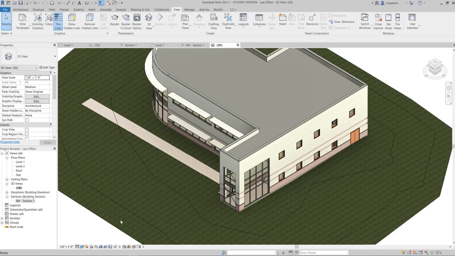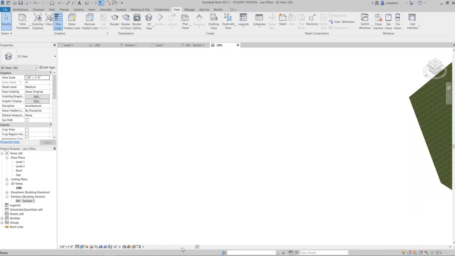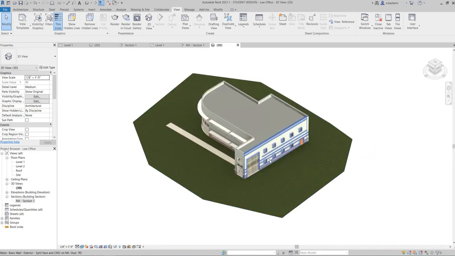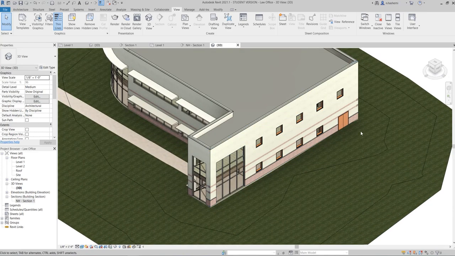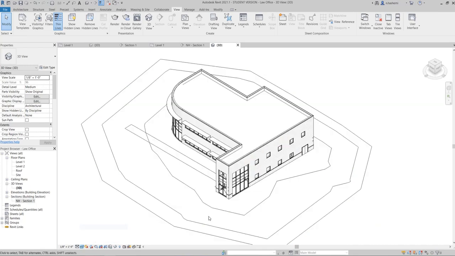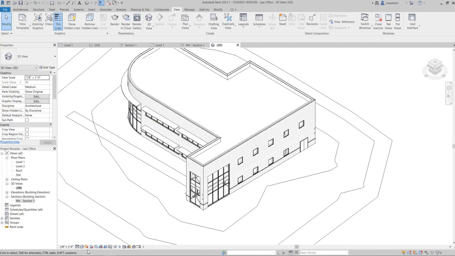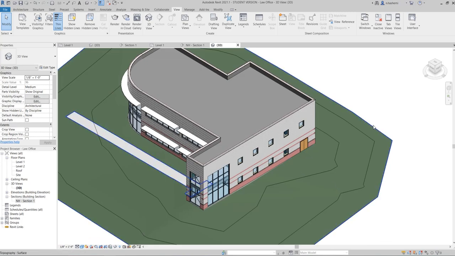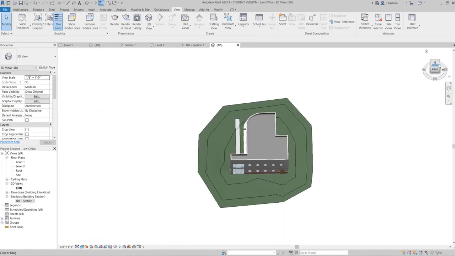So make sure you know the visual styles, where they are located, and how they are different. Now let's set this to hidden line, for example, or shaded. Now you can use the view cube to just turn around your building.